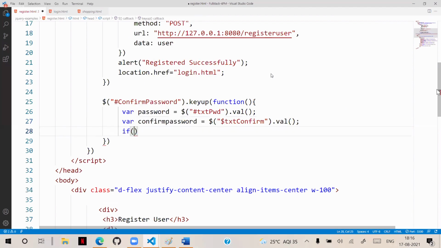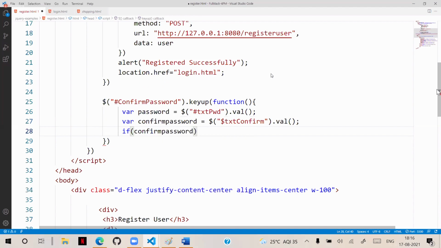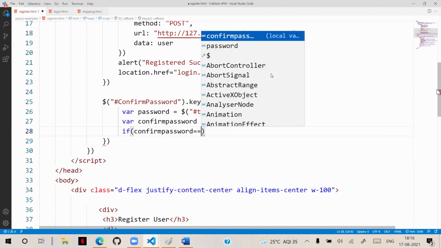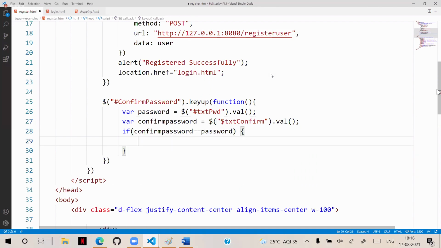If confirm password is equal to password, that means it is verified correctly. If it is not equal, then it should display the message.